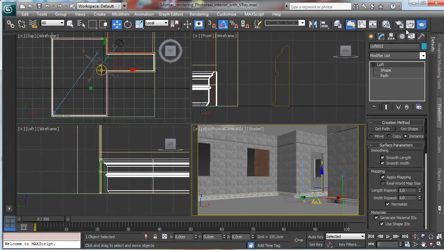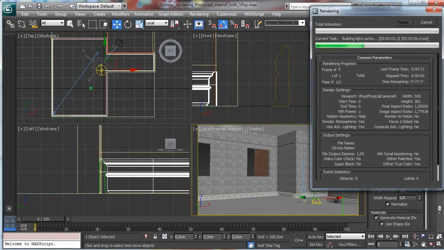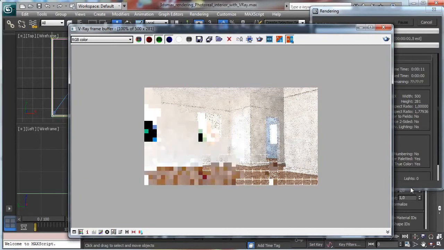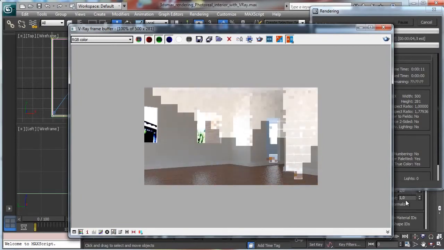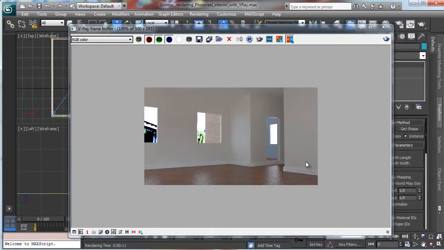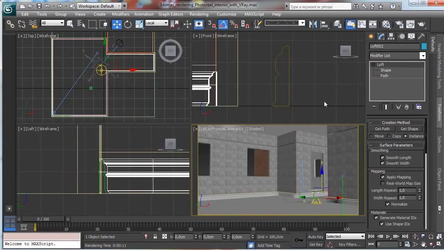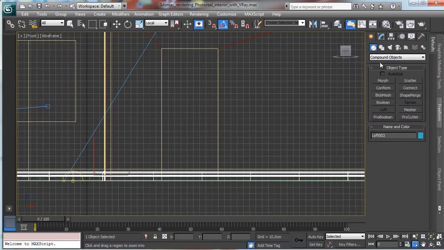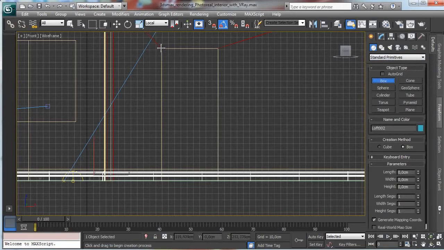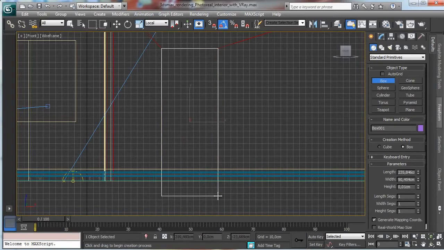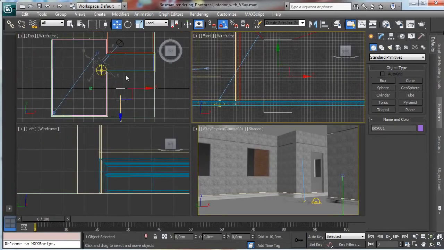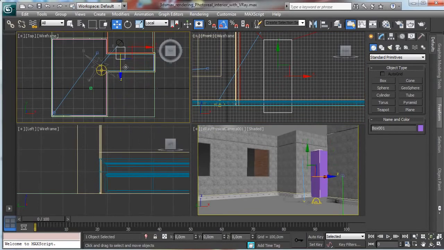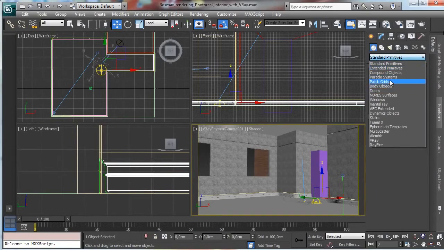Let's save, and let's see the result. Okay, I like to make the hole obviously there. We have to make the hole there and to the other side. So let's create a box like this one. It will be really simple because obviously there we have to add some detail, so we can make a box similar to the other one. Okay, let's move it to there. Okay, so the first one, let's say